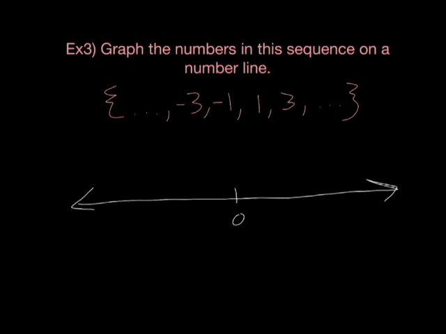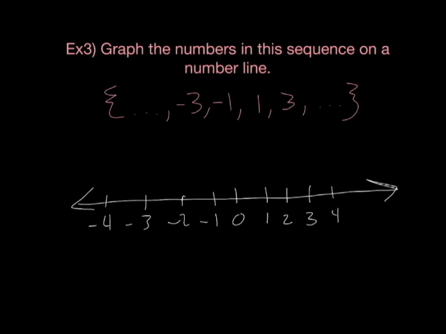Put 0 in the middle. And of course, move forward on the number line with 1, 2, 3, 4. And the same thing with negatives. -1, -2, -3,